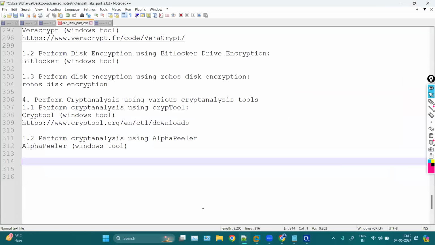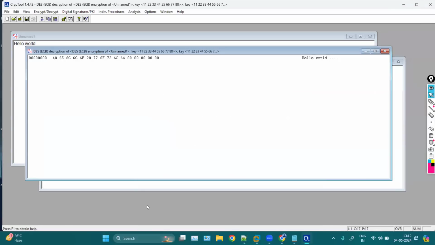Maybe in the examination, the examiner can provide you some encrypted text and ask you to decrypt it using the crypt tool. They can ask you to decrypt with the help of any other application which we have discussed. They can also provide you some hashes and ask you to crack those hashes, or ask you to generate some hashes for the password, for the file,